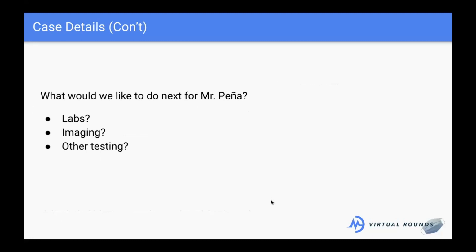Great job, guys. So now I'll ask you guys this: what types of lab imaging or other testing would you like to do for this patient now that you've seen his whole history and we've examined him? Yes, I would super like to get a chest X-ray and an echocardiogram for sure, especially since we heard a murmur. Anything else? Any labs we'd like to run, general labs or certain values we might look for?